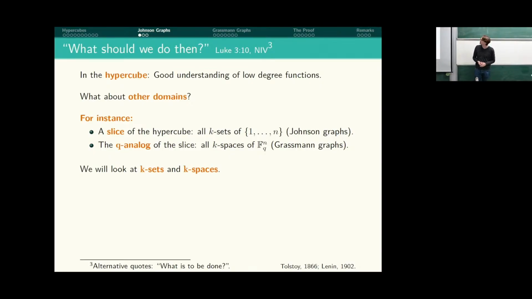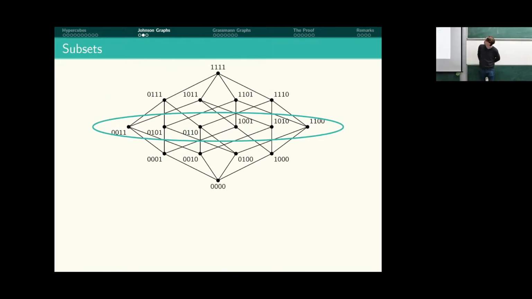I'm, at least historically speaking, a finite geometer, so I usually care about finite vector spaces a lot. And you can ask the same thing about k-spaces in a finite vector space. You can also ask about the non-uniform setting in finite vector spaces, but I think that is less interesting in this case. Okay, and these are the 2 things I want to talk about. Now, if we restrict ourselves to weight 2 subsets, so here we have our hypercube, we only take weight 2 subsets,